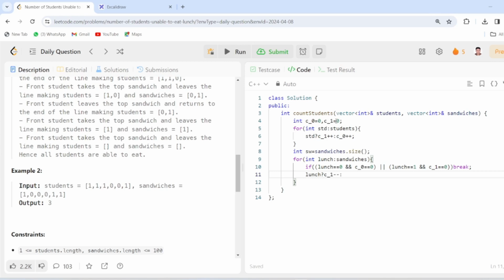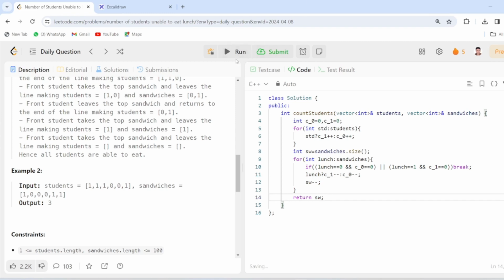Else, if the top of the sandwich is a circular sandwich, in that case we decrement the count of 0. We also decrease the number of sandwiches, since one sandwich has left the stack, and at the end we will return the number of sandwiches.